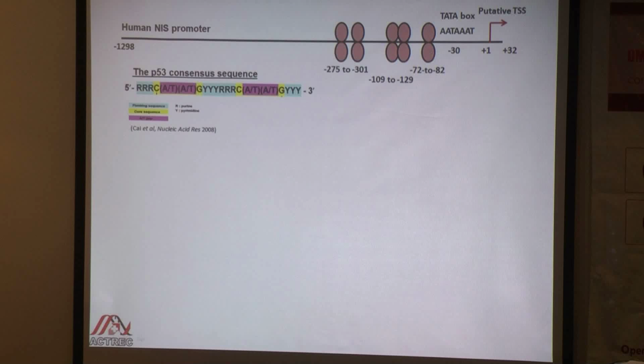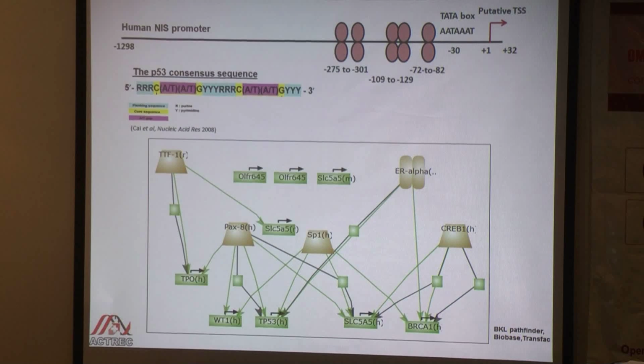The results of this analysis were also verified with another software, Biobase TRANSFAC, and we found similar findings. While analyzing TF binding sites, we were also interested in generating the regulatory network of the transcription factors involved in NIS gene regulation in breast cancer. This is the representation from BKL Pathfinder. What we found is that, other than the known regulators of NIS expression in breast cancer like PAX8 and CREB, we